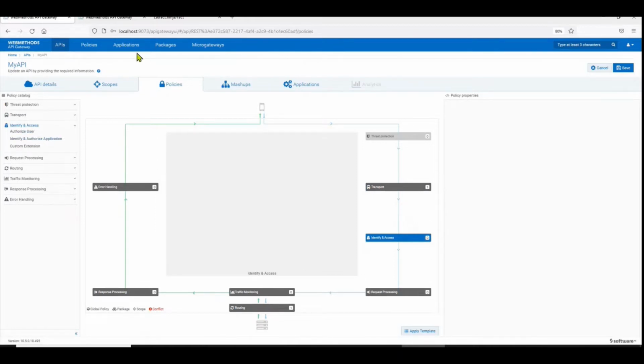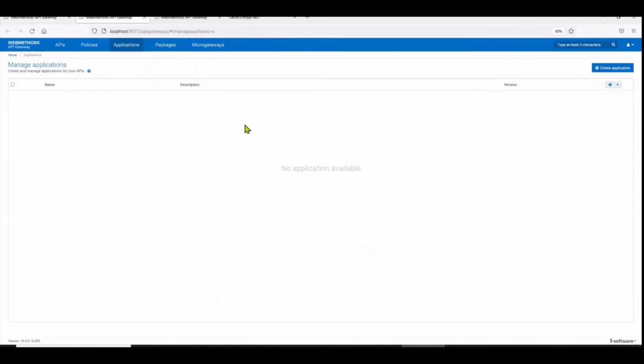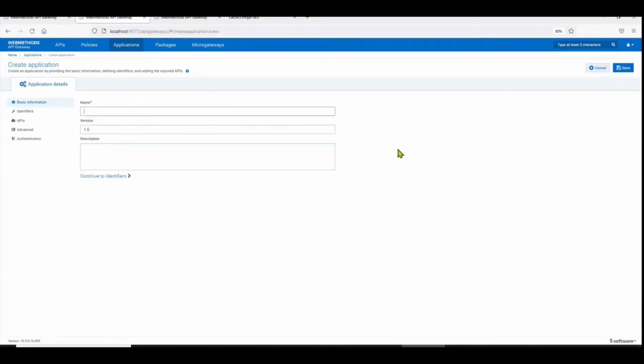But to start off, we need to actually create an application. In the webMethods API Gateway, all identification of the request is done using an application. So what we'll do over here is create an application, saying, let's say this belongs to a consumer application, consumer app 1.